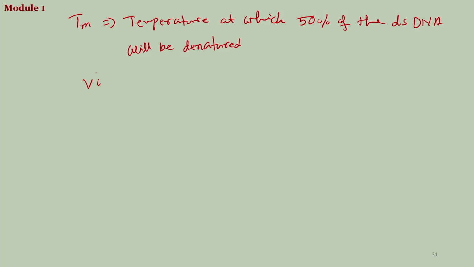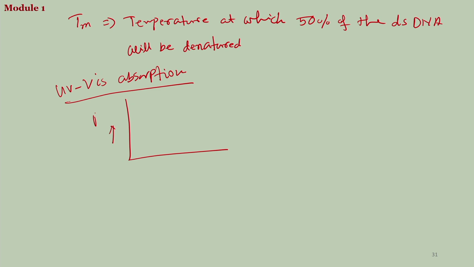So, if you do a UV visible absorption study, because this is one of the techniques which is very sensitive, which requires a very small amount of sample to give you a very good signal. It is a spectroscopic technique where you can measure how much light is absorbed by the sample at which wavelength. So, then you will see that if this is your absorbance